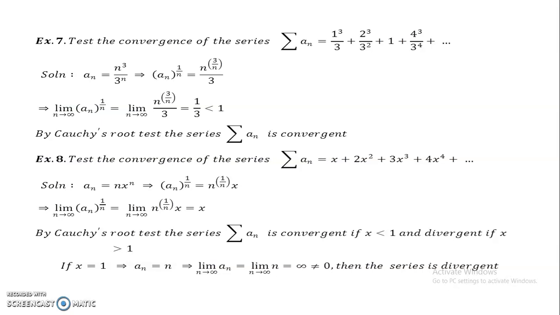In the last problems also we have the same kind of term. In the 7th problem, an is n cubed by 3 to the power n, and again we apply the root test. When you apply the limit here, it gives a finite value that is less than 1, which is convergent. Same thing in the last, 8th problem, which contains the x term. The nth term of the series is n into x to the power n, and we apply the root test, which gives